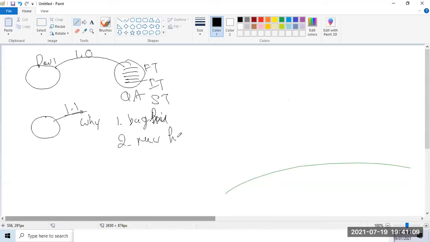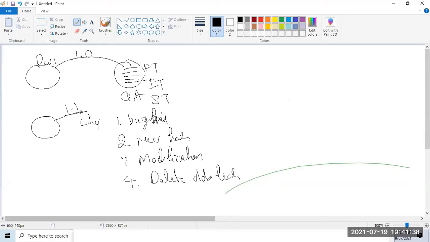Number 3: modification of the features. Very good, Vidya. So bug fixes, new features, modification of existing features. And can I say deletion of the old feature? Yes, delete old feature. Very good.